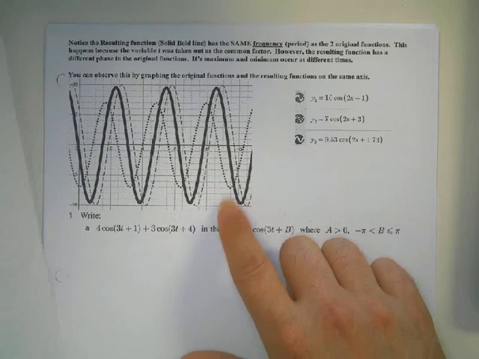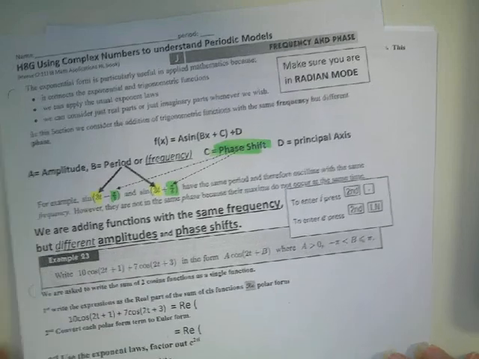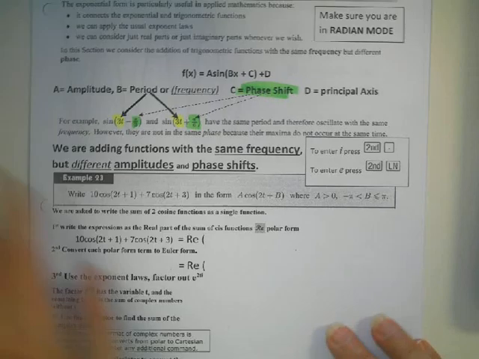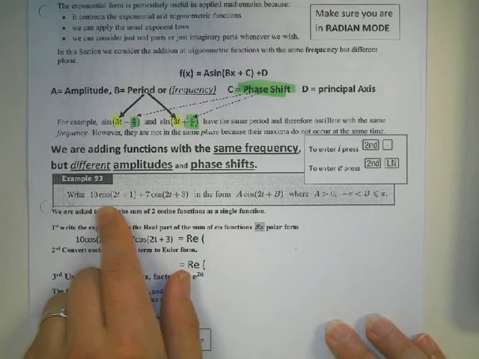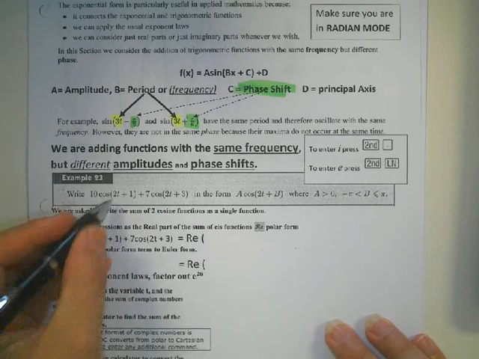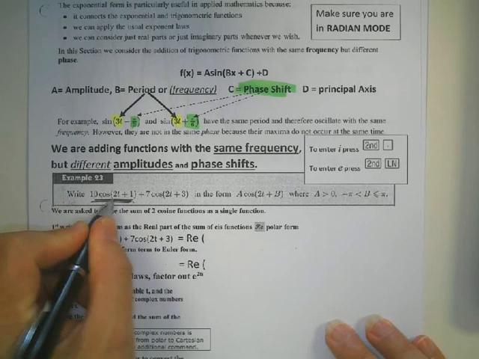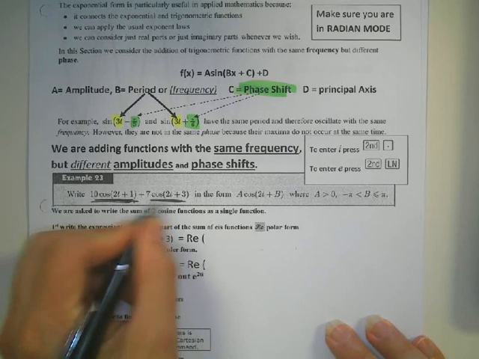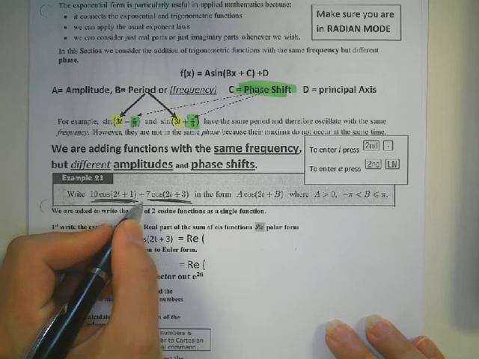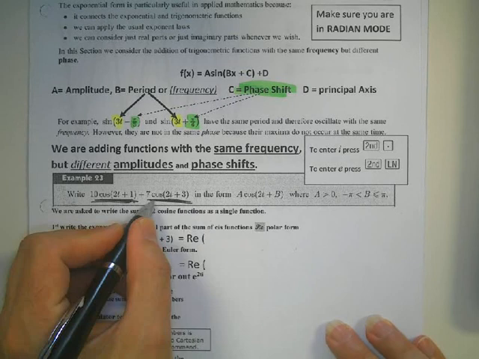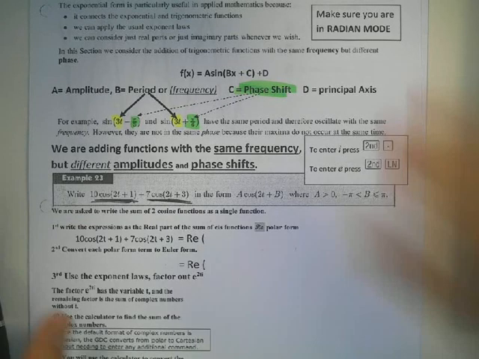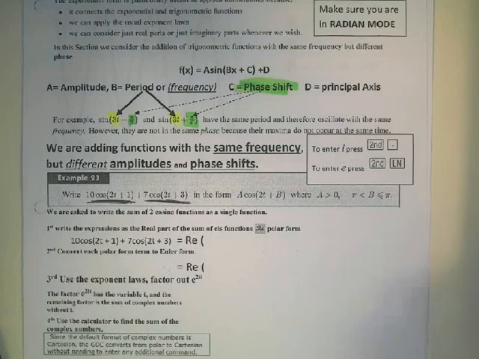We'll talk about that in a second. So here I've got two functions. One of them is 10 cosine 2t, and the other is 7 cosine 2t plus 3. Okay, so you might recall when we did